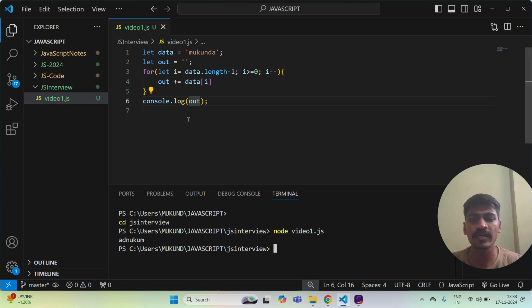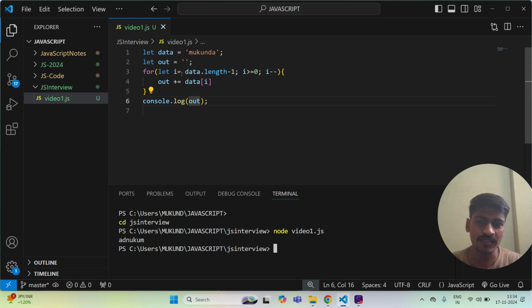I will explain the code as well. Look here. The purpose of this empty value in the variable is that we have to push values into it, right? Then we need one for loop. For what purpose? The iteration of those things. Firstly, we need to go in reverse, and for that we need the length of that string.